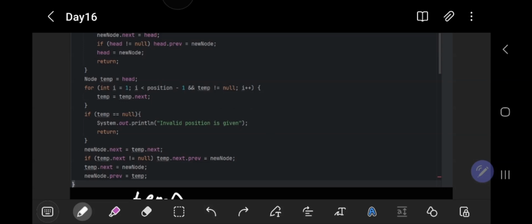While traversing, if the temp reaches null, immediately stop this execution because the temp is going to its next node. And if it reaches null, there is no point of having next node to the null, right? So we should immediately stop execution of this for loop. And if the temp reaches null, just print that the position given is invalid and return so that these steps